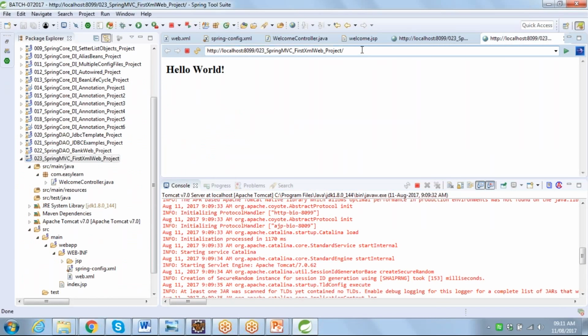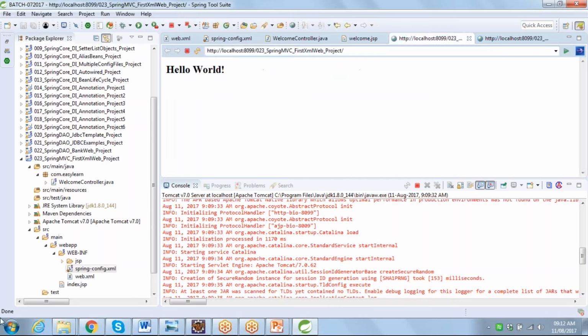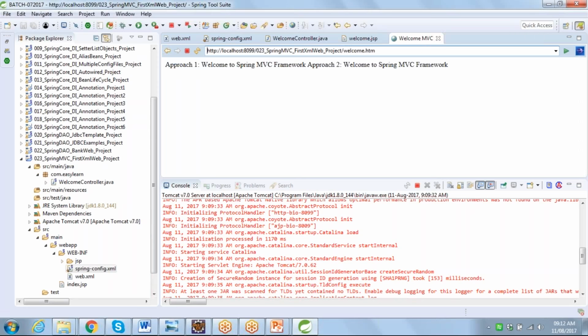So how do you access your application? This is a welcome page, just displaying hello world, and you can still use this browser to access that. If you want to access that controller, what is the URL which we have given? /welcome.html. Let me copy this and try to access it in the browser. I'll paste the one which I copied and click enter. So it is successfully executed,